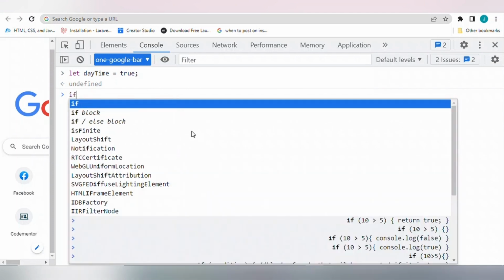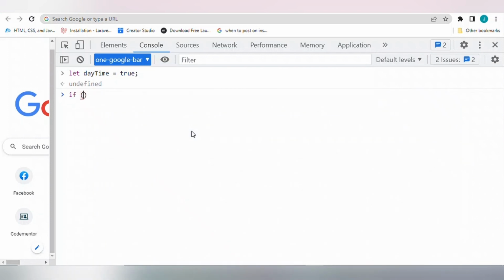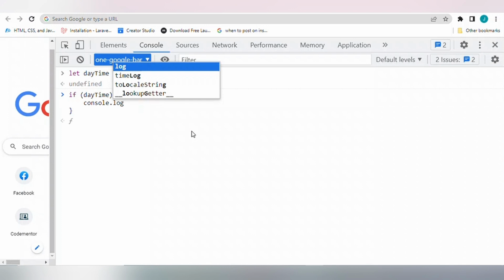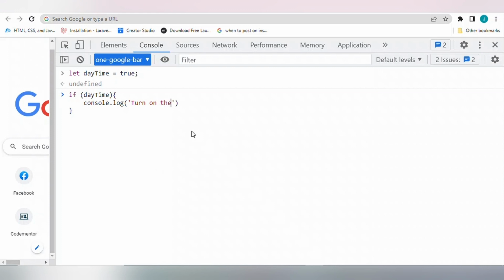And normally, if we want to create an if-else statement, we'll say if, then we present the condition. If daytime is true, then the console.log will return turn on the lights.